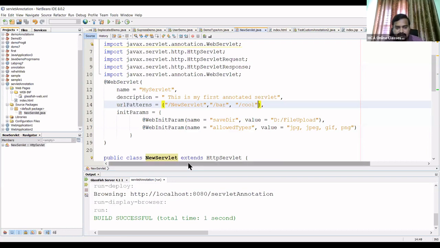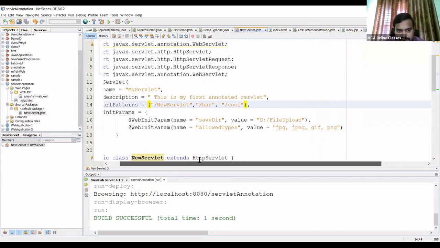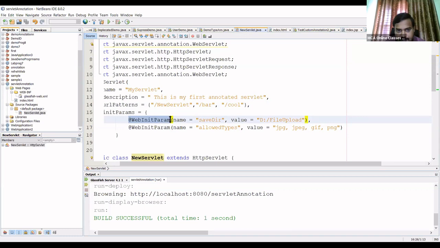Now the thing is, suppose you want to provide input parameters to the servlet. You remember when we demonstrated the servlet context and servlet config objects, if you want to provide any initial parameters, how are you going to provide them? There is one more annotation, sir: WebInitParam.